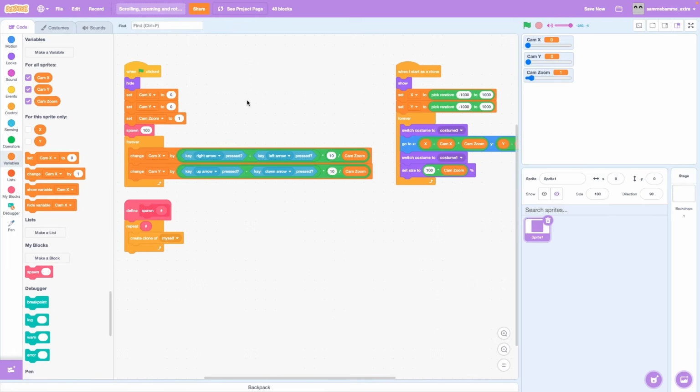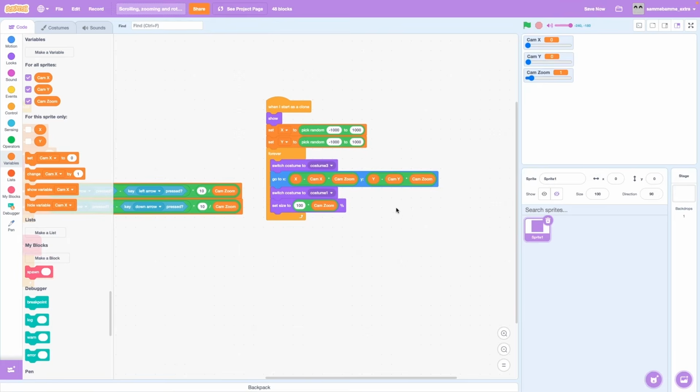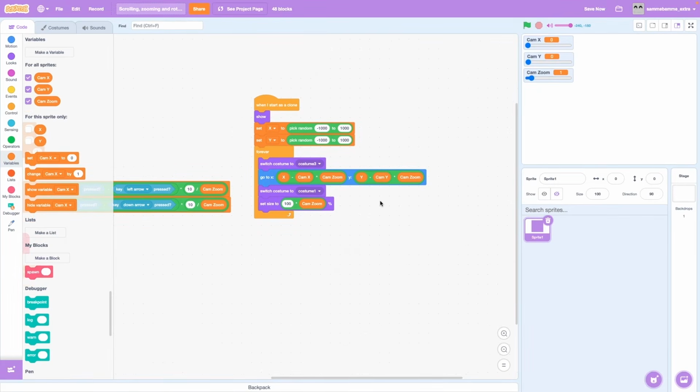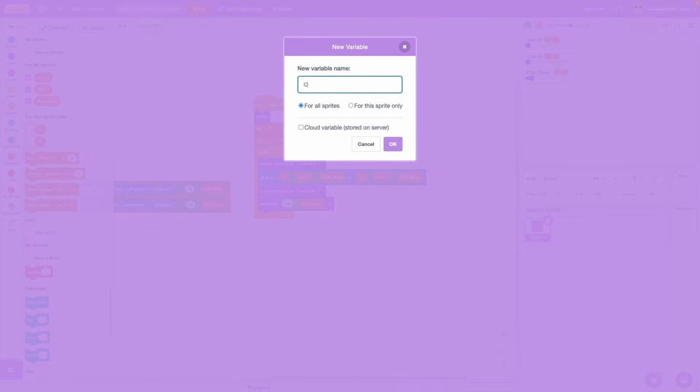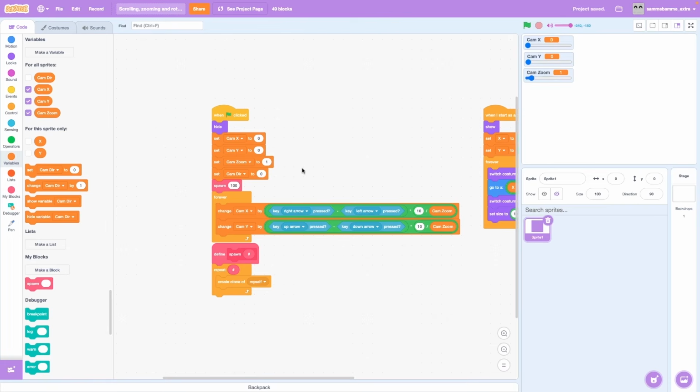So now, let's say you want to add some rotation. Well, this code is a bit more complicated, and I don't think you're going to understand it or want to understand it. So I just recommend going with it and don't bother with understanding it. Well, first of all, let's make a variable called camdir, or direction, for all sprites. Click OK, and here in the start we set camdir to 0. And the reason we have 0 here instead of 90, that's because it's easier for the camera to be 0